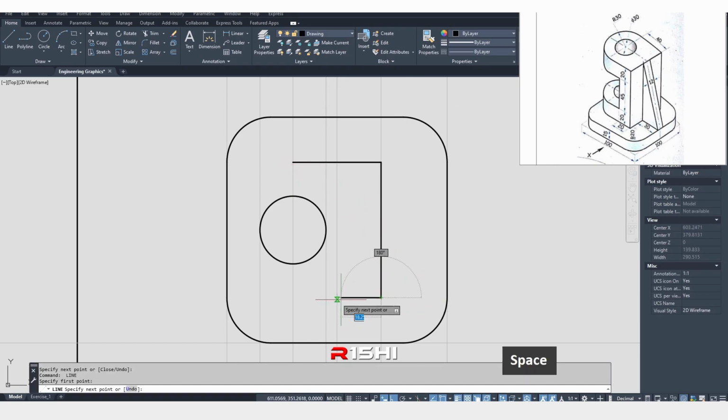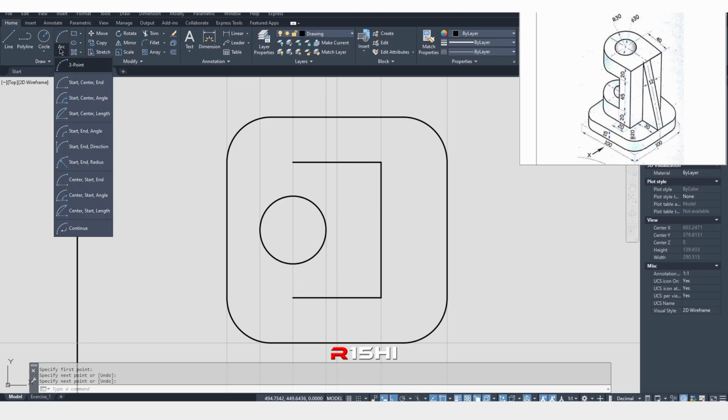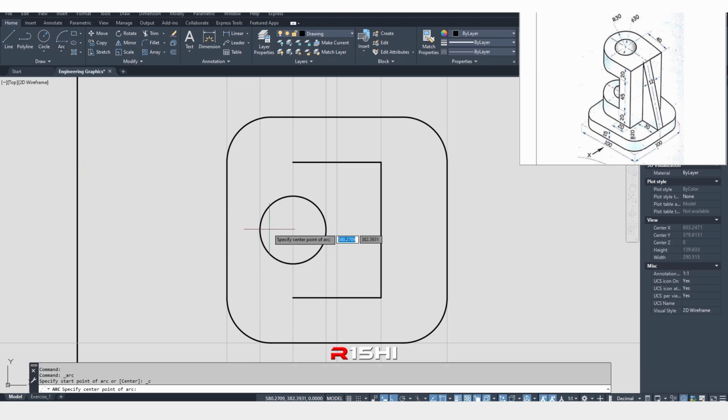Same thing, I will draw the line over here. Then I will go to arc command, center, start, end. Click on this center, click on the start, and click on this end. If I start the arc command again, if I click the center over here